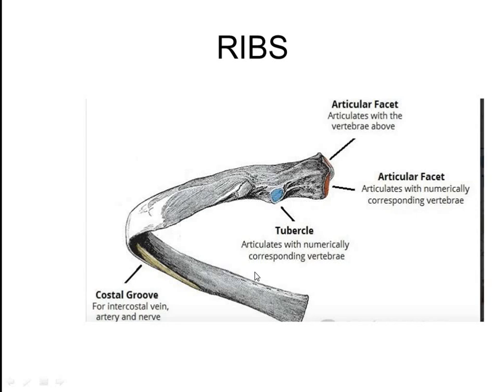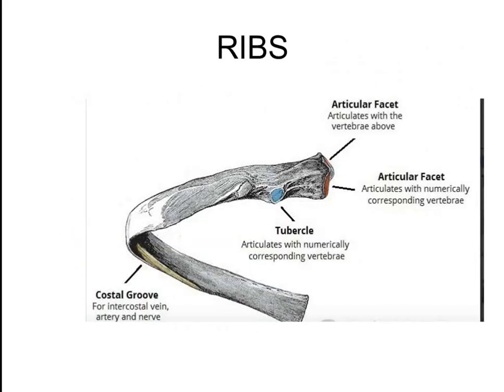As far as ribs and the thoracic cage are concerned, there are 12 pairs of ribs which articulate anteriorly with the sternum, with the exception of the 11th and 12th ribs, which are vertebral ribs or the floating ribs, because they don't come anteriorly and articulate with the sternum. The rest of the ribs articulate with the sternum indirectly, through the costal cartilage present at the anterior end.